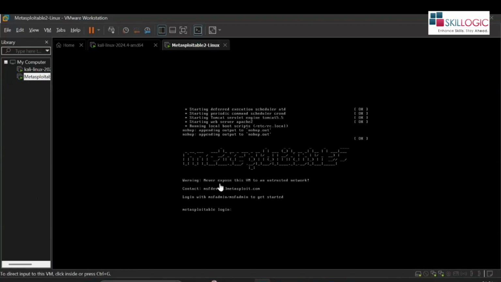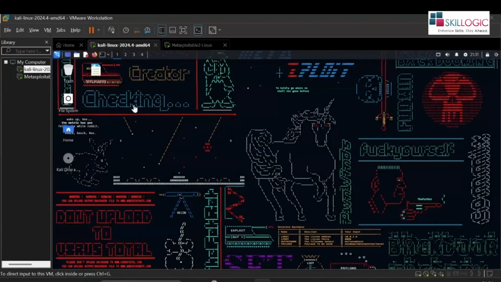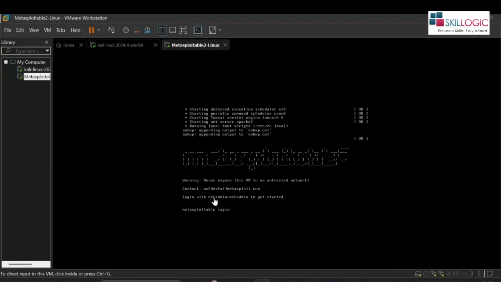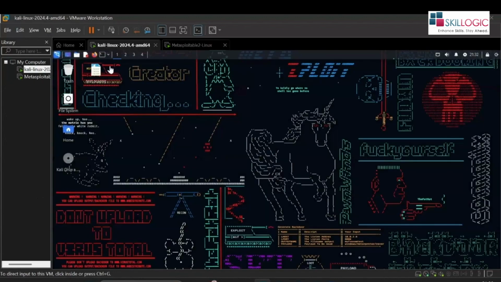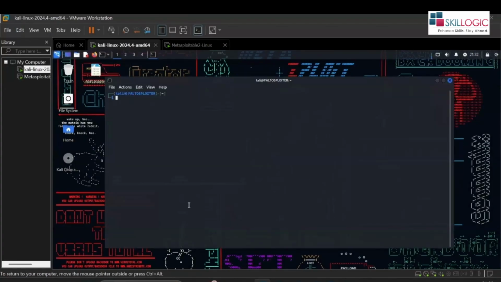Let's check for the vulnerabilities. What vulnerabilities exist? We'll do a network scanning process to identify the network ports and services, and then we'll try to compromise this machine. This Metasploitable 2 machine works exactly like a server. Let me show how this attack is going to happen. First we want to scan the network to get the target machine IP address, so it's like an insider attack, right? For an insider attack, we need to check